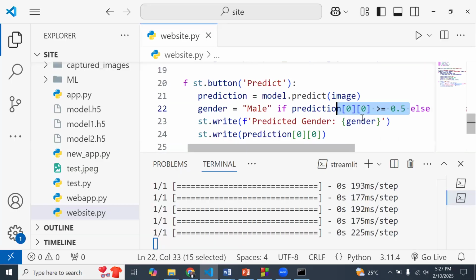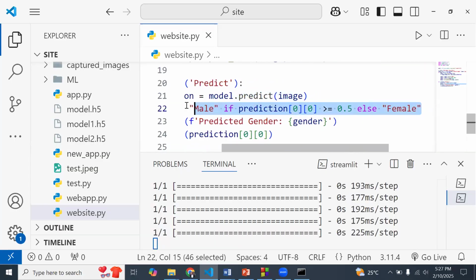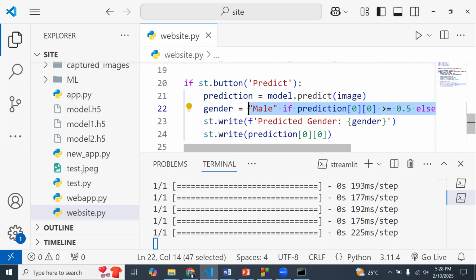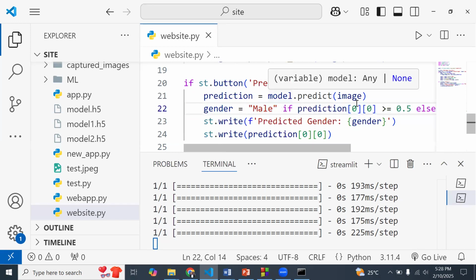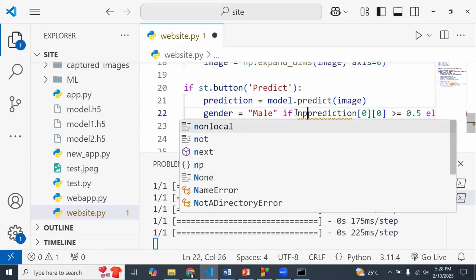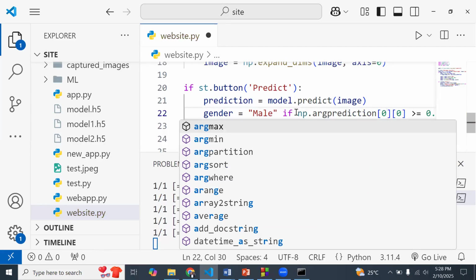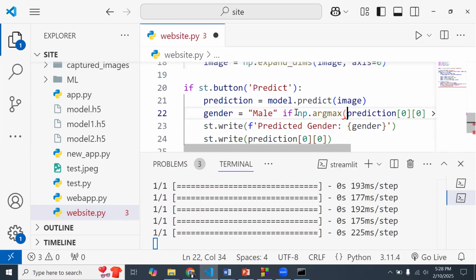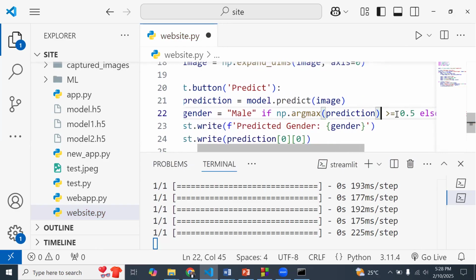So over here, I'm saying that the gender is going to be equal to male if np.argmax of the predicted value, and we don't pass in these ones over here, is equal to 1.0.